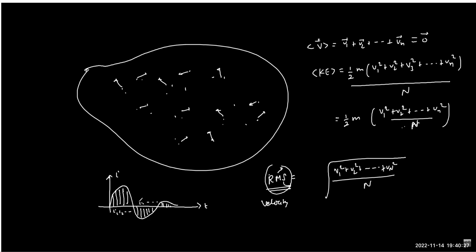So if you hit a punch from the left side by 5 Newton, and from the right by 5 Newton, the net force is zero, but it doesn't mean the net pain is zero. The pain is tremendous. In fact, it's doubled actually, isn't it? So RMS is something mathematical for sure, but in many situations, especially in statistical physics, it appears and it is a convenient way of writing.